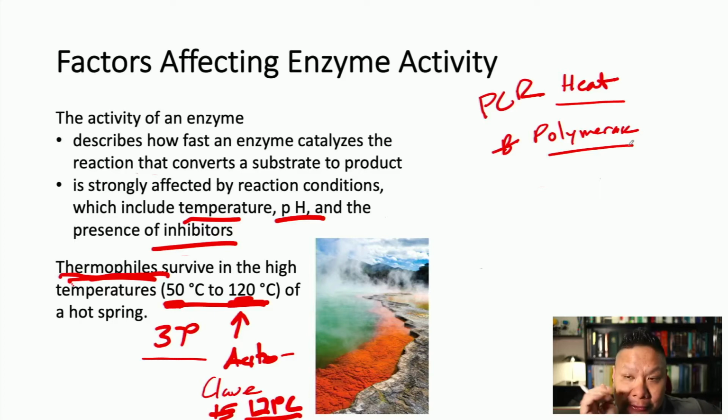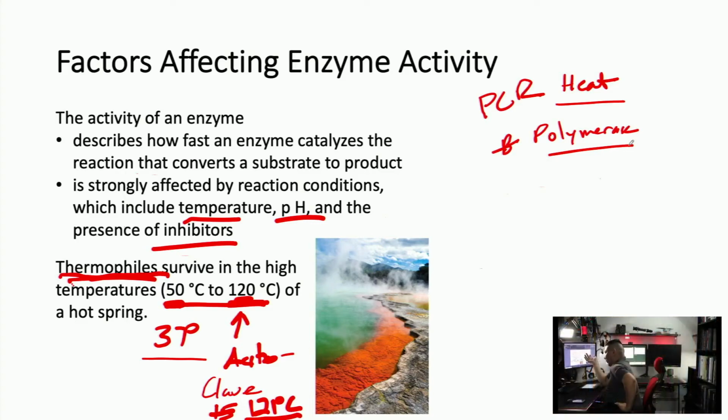these polymerases are responsible for doing DNA replication, DNA translation, DNA transcription, all that stuff, right? But since they exist inside us at 98.6 degrees Fahrenheit or 37 degrees Celsius, they would die if we try to heat up their temperature any higher than that, and they become inactive. And so we can't be like, hey, human polymerase, go and replicate this DNA for me real quick. Start here and stop here, right? How do we do that?